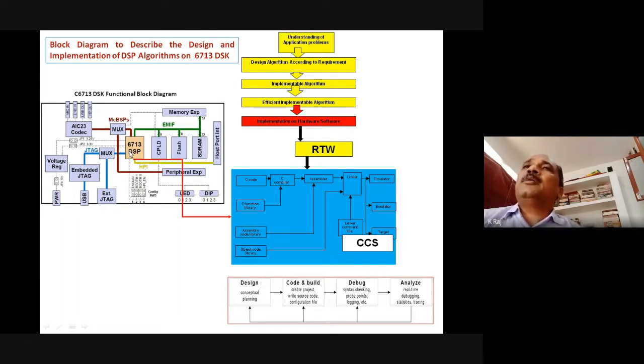After multiplexing, it communicates with the digital signal processor, and for the host port interface, there is a host port interface bus through this port. And for the purpose of the external memory interface, there is a bus of the external memory interface that is connected to the CPLD, complex programmable logic device, having the glue logic, and the flash and SDRAM, and there is a provision of memory expansion, and all these aspects have already been discussed in detail in the previous classes.